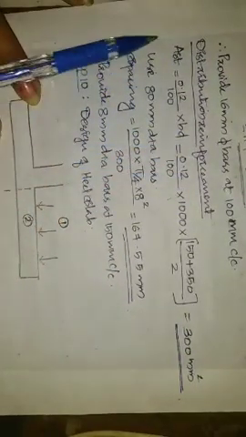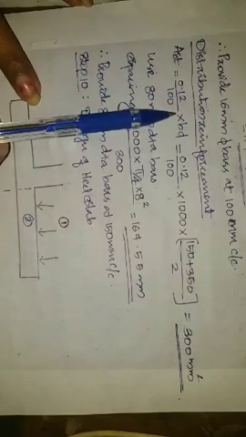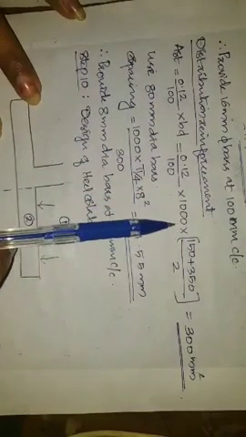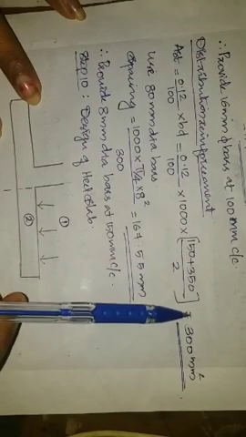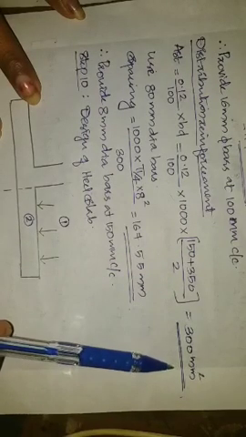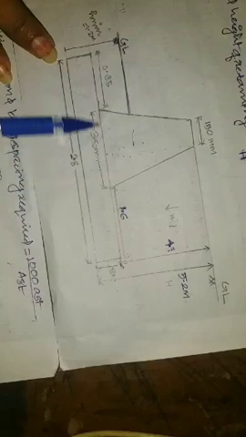Distribution reinforcement Ast is equal to 0.12 by 100, that is 0.12% of b d. 0.12 by 100 into 1000, b is provided as 1 meter, into (150 plus 350) by 2, is equal to 300 mm square. That is 150 plus 350 divided by 2. Then we get it as 300.